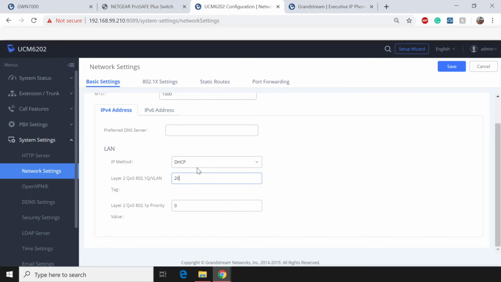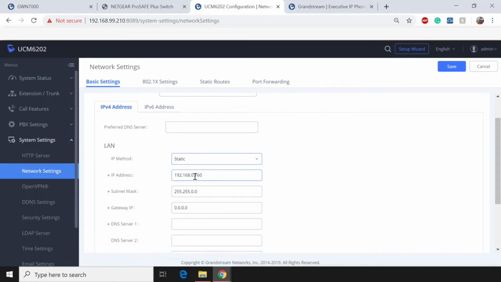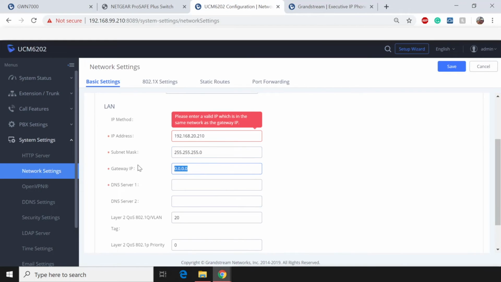allocate it as 20. I'm also going to make this a static network as well, and I'm going to want roughly the same IP address of 99.210, but instead I'm going to be making it 20.210. Let's make sure we have the subnet corrected. IP gateway obviously is going to be our router. DNS server 8.8.8.8 and